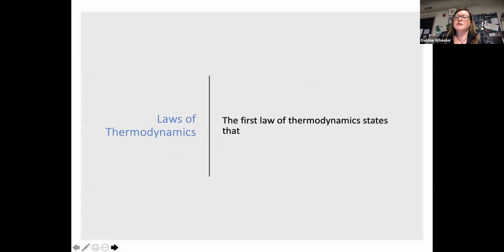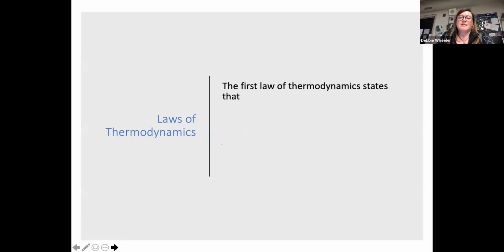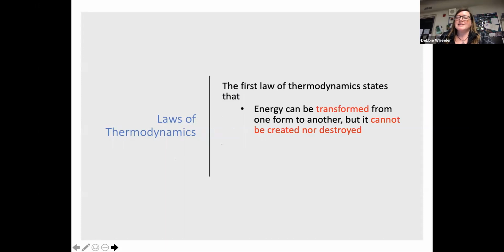So what is the first? Energy cannot be created nor destroyed. Yes. So it can be transformed from one form to another, but it cannot be created nor destroyed. That also means that energy in a closed system remains constant. Okay. So those are important concepts for us to think about. Let's apply those